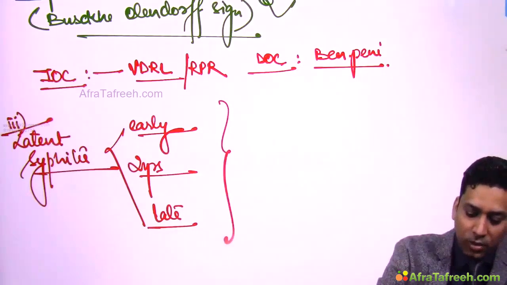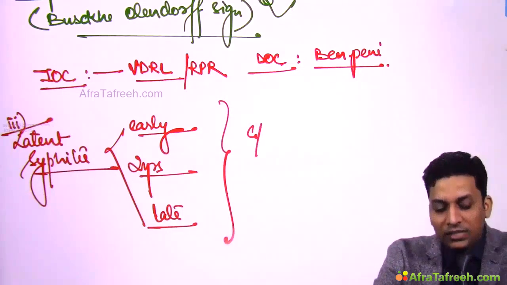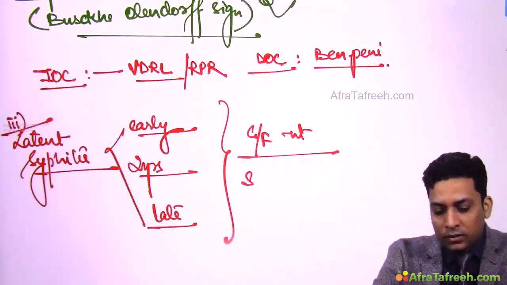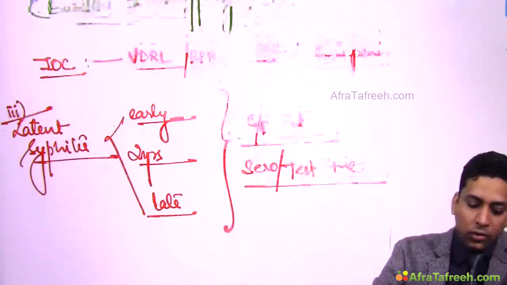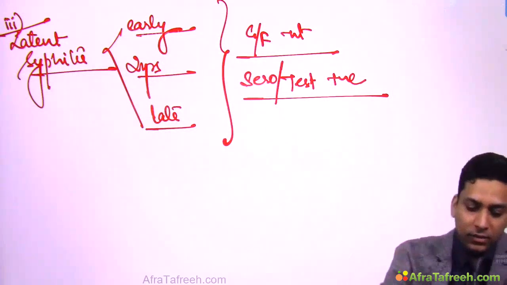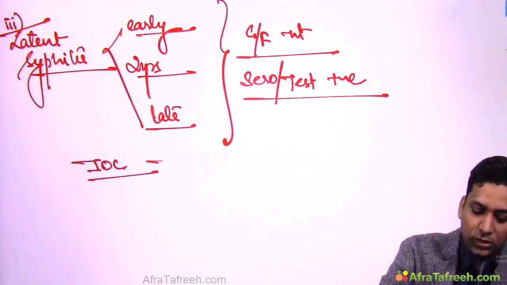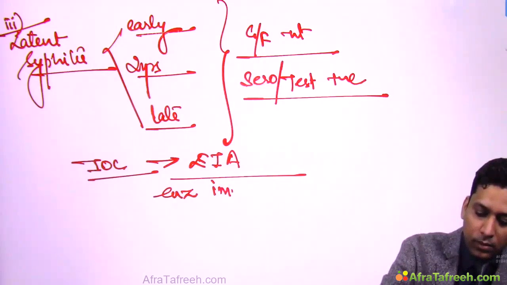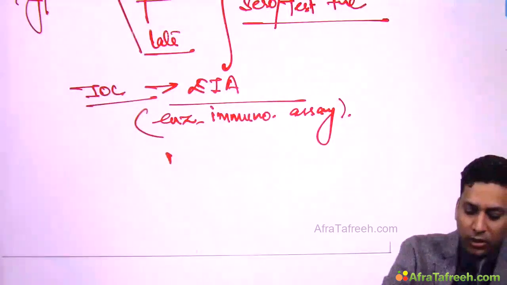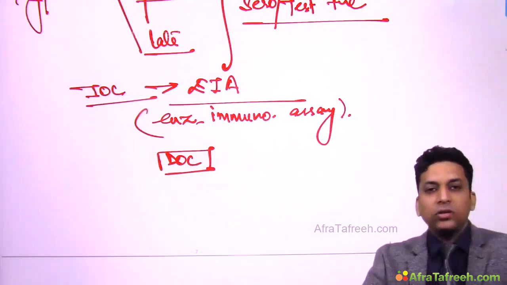Now the characteristic feature of latent syphilis is that it is latent, so clinical features are absent. But if serology is done, the serological tests come out positive. So clinical features are absent, but serological tests come out positive, and this is latent syphilis. Here the investigation of choice is enzyme immunoassay. Now if we talk about the drug of choice, remember here also the drug of choice is benzathine penicillin,